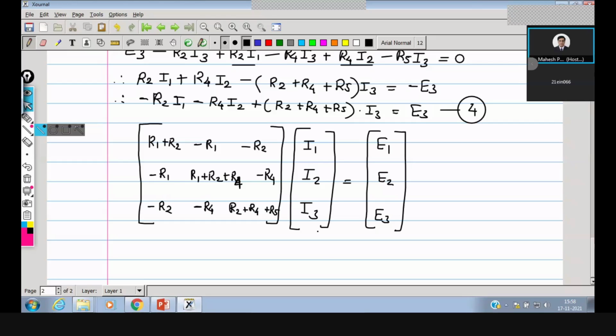Okay. So this way we can write the different values of resistors, the determinant, and we can solve this matrix by different methods. Okay, so first of all, let me show you the magic here. What is the magic here in this? Okay, first of all, you can see, in general form we can write, just a minute, I would like to close this one. Okay. So we can write in general.